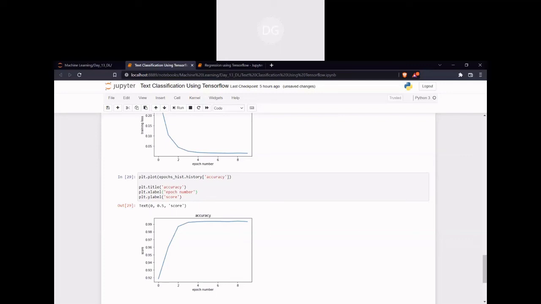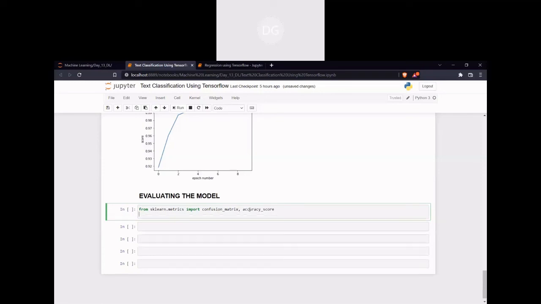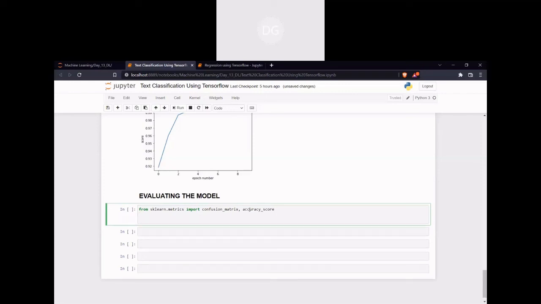So we will check the score as well. What scores will we use for evaluation and validation? We'll go for the confusion matrix and accuracy score, right? From that we can finalize, okay, for these values I'm getting this much accuracy. So the confusion matrix, accuracy score, and for the confusion matrix, directly I will give it as.